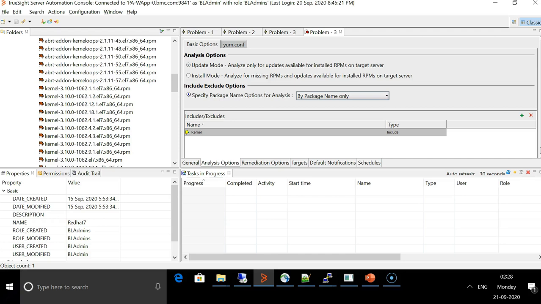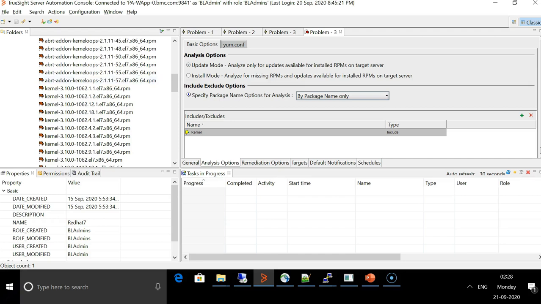So this package name only option will help you decrease the include list significantly, which will improve the performance of the patch analysis job. So I have changed this option. I'll rerun the job, and then we'll see what the missing RPMs are post this patch analysis job, and if there was an improvement in the performance or not.